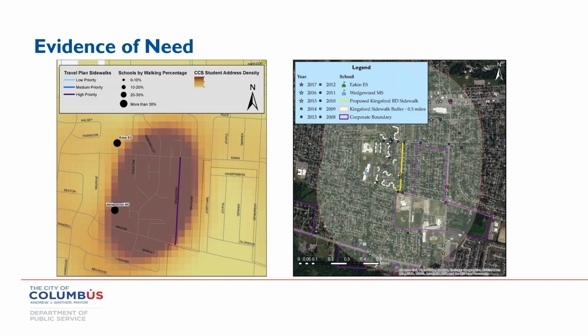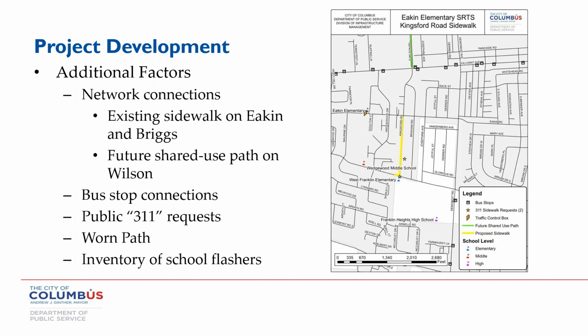And so that's another resource that you all have. Definitely use ODOT's TIMS to pull crash information, and even look at the OH1s, because there can be some really good narrative in there that helps give you a better sense of not only where the crashes are happening, but why. That's not going to be the case in every single one, but when you can find a crash report that directly links the crash to a lack of facilities, that helps you present an even more compelling application. You go to the next one.